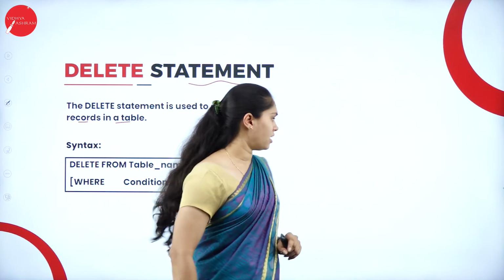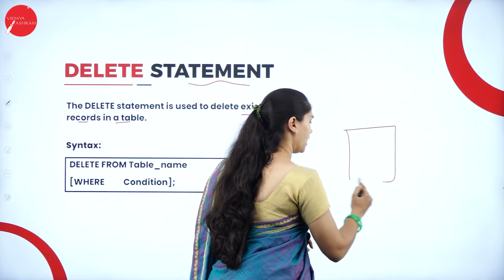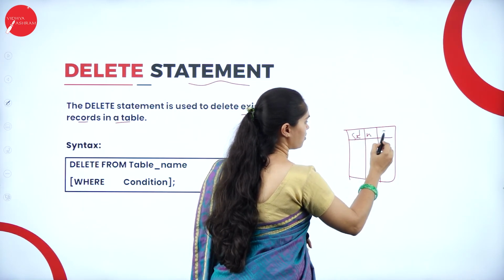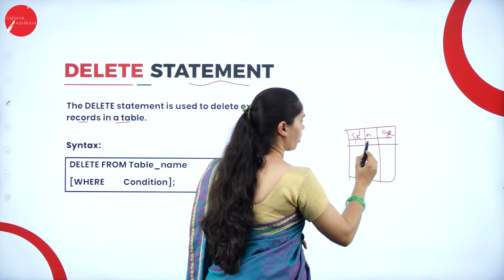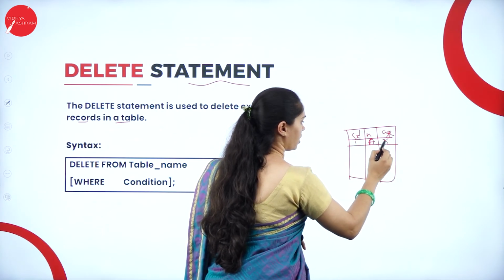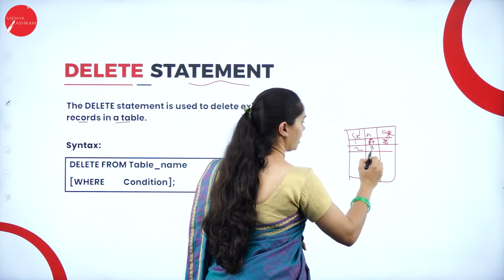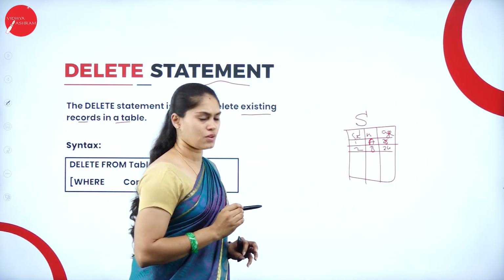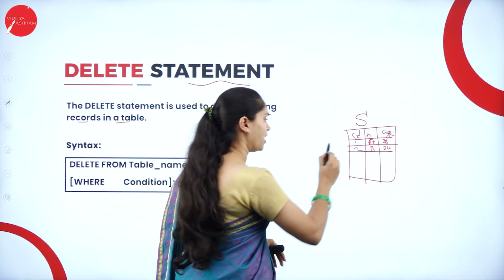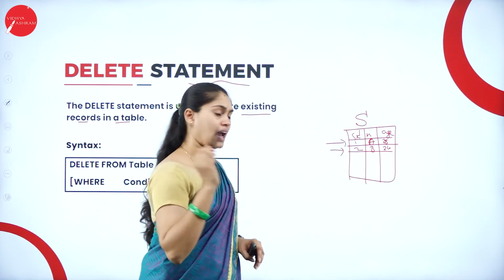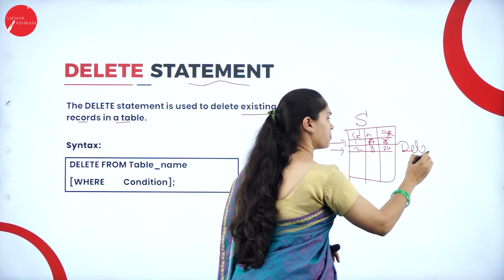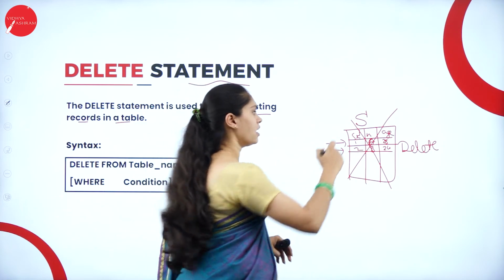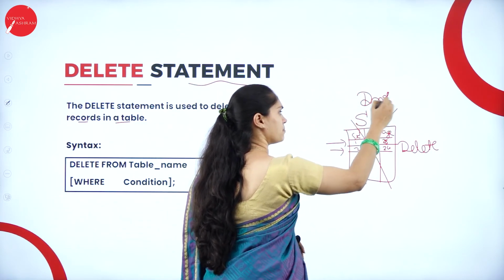So now you can analyze the difference between the delete and drop, right? So consider student ID again, name as well as age, right? And we have 1, and consider A, 28, 2, B, 24. This is what table called? Yes. Okay. So if I wanted to delete this particular row, then I have to use delete statement. But what if I wanted to delete this entire table? Then I have to use a drop. That is the